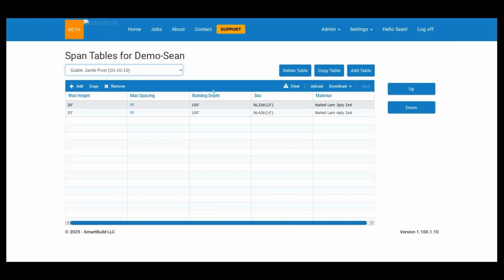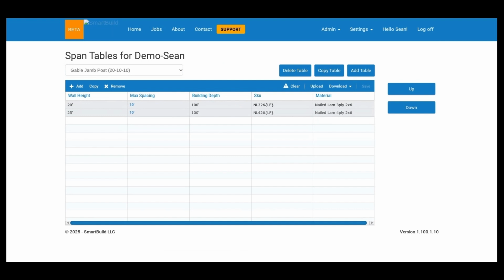materials. And this is just a new column. All these other columns are available right now. The new thing here is that you can use this building depth as a factor. The other new thing, which is probably going to be a little easier to see once we get into a job, and we already have this for your regular gable post span tables, is that there's a setting that